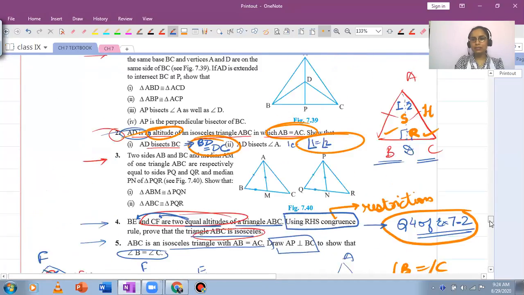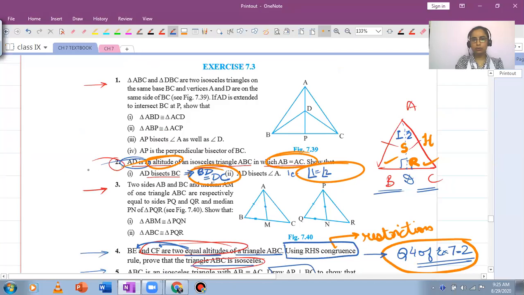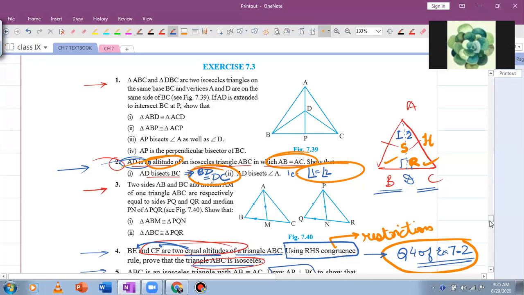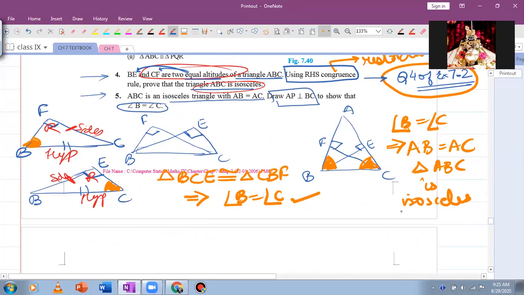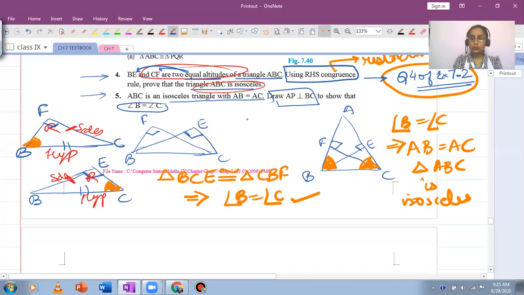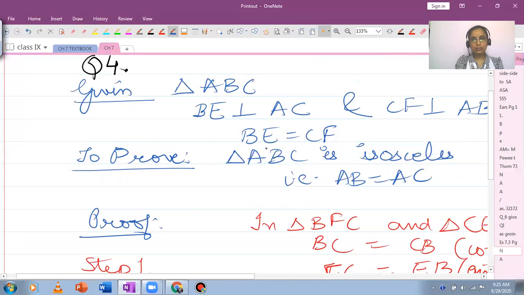This actually becomes the same question. I think this one, question number 2. यही बन जाएगा. Right, same proof बन जाएगा. So you will start with an isosceles triangle, draw a perpendicular to the base, prove the two triangles formed because of that altitude congruent, and then by CPCT you will get B equals to C. So let's just write this.